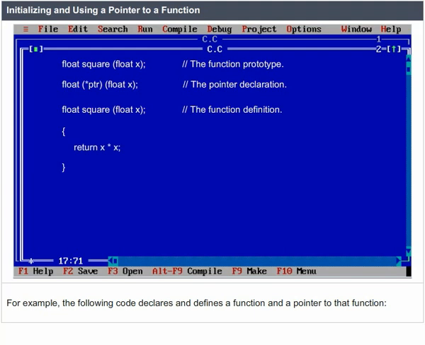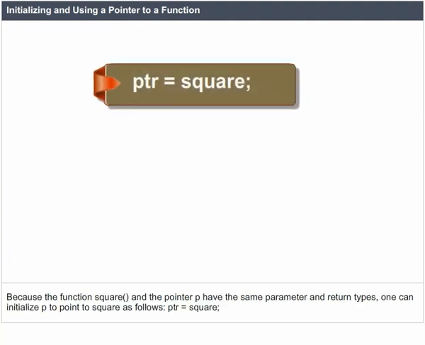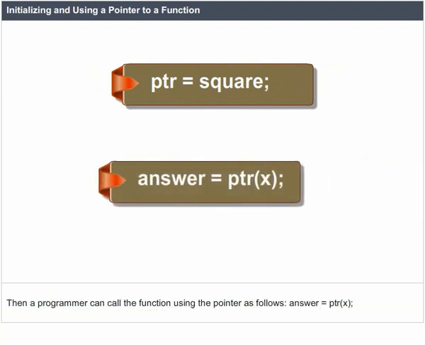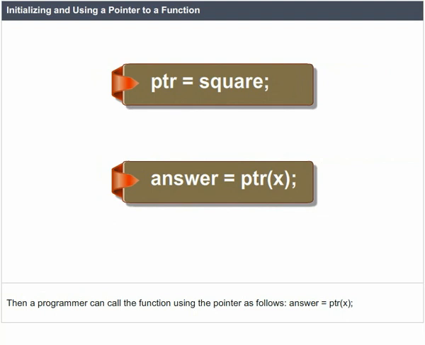Because the function square() and the pointer ptr have the same parameter and return types, one can initialize ptr to point to square as follows: ptr = square; Then a programmer can call the function using the pointer as follows: answer = ptr(x);